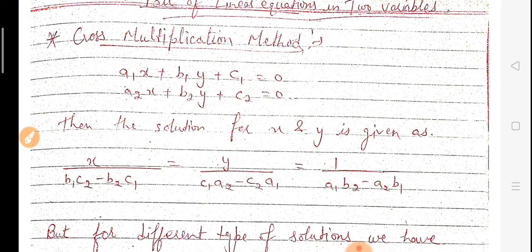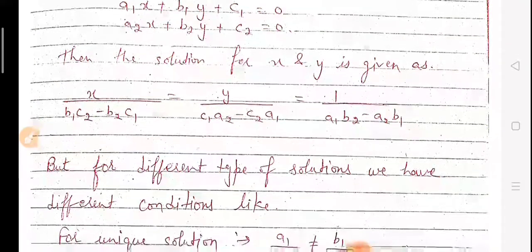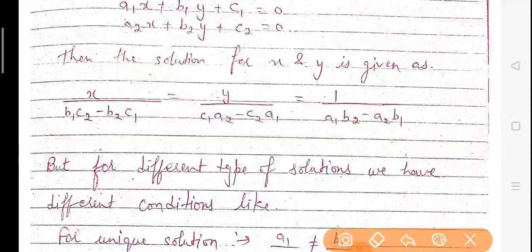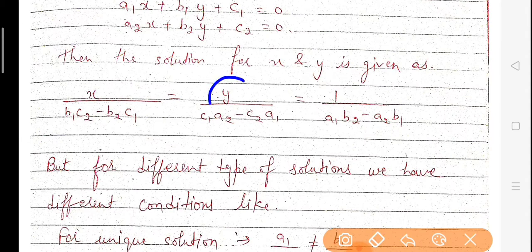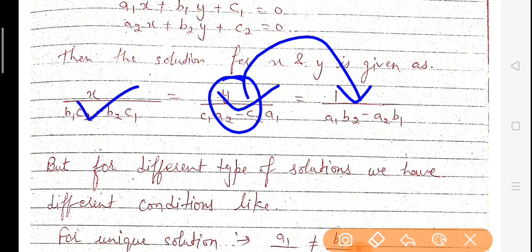Thus we will get the x portion, y portion and the constant. For the value of x and y, we will have to compare x with this constant and separately y with this constant, and after that we will get our values for x and for y.